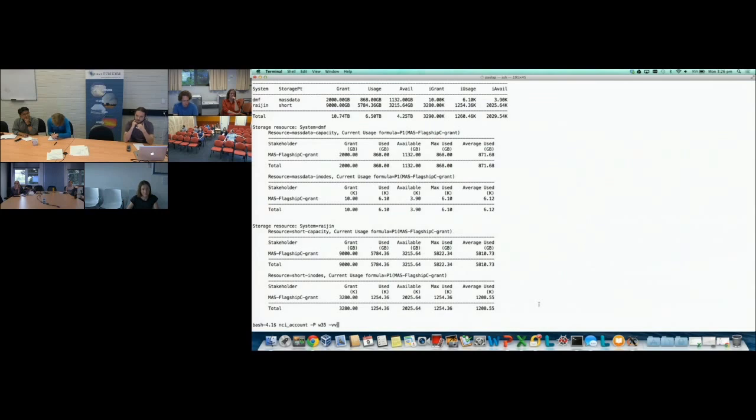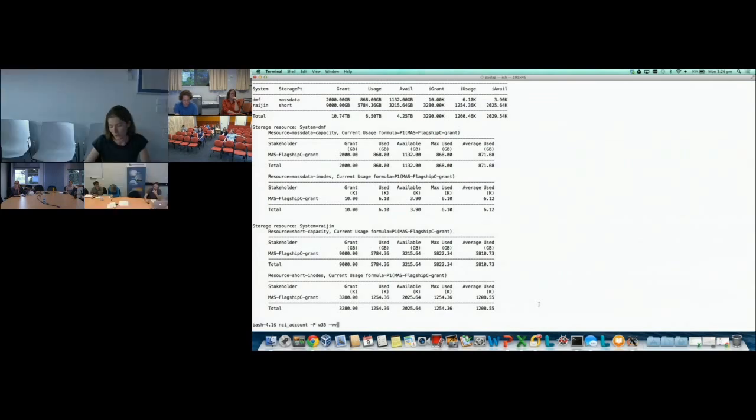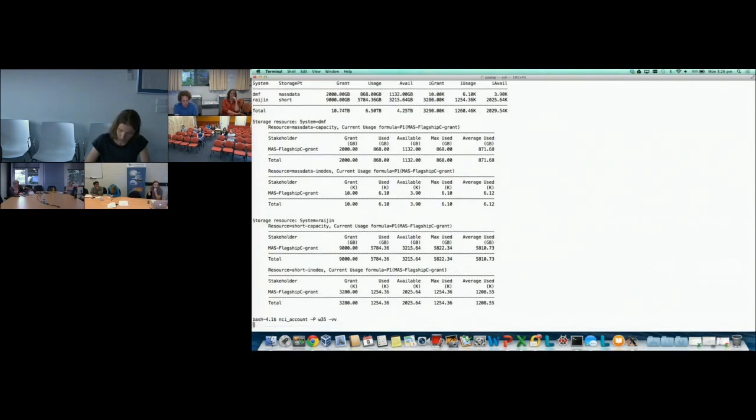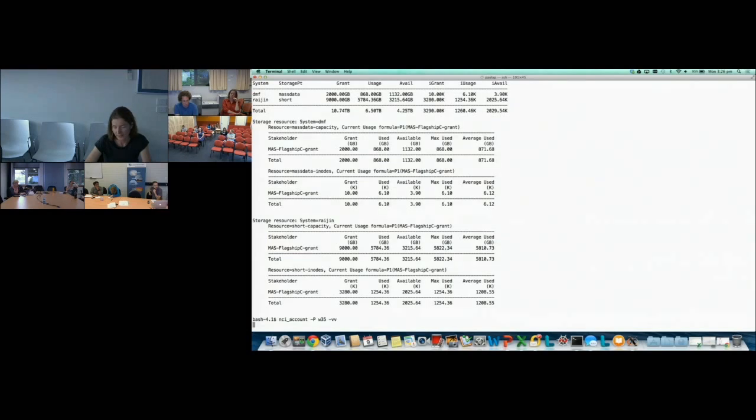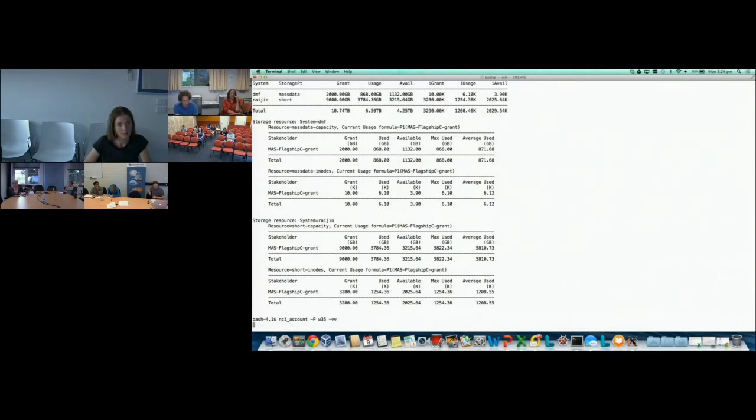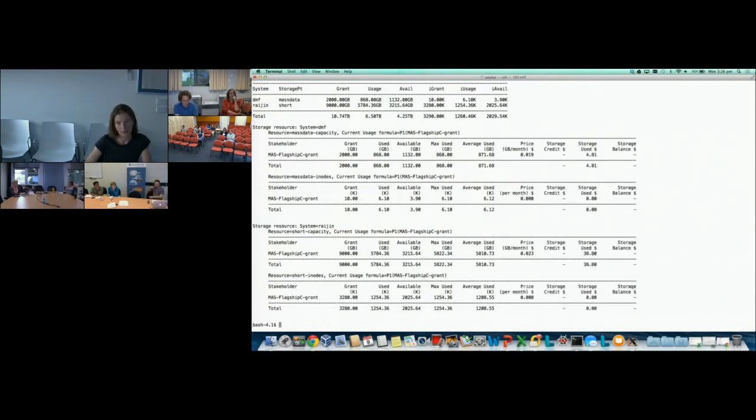Okay. Finally, if you run this same command with -vvv, you get even more information than that. Basically, the added information is mostly about money, how much things actually cost. For example, we've got a price in gigabytes per month for short.